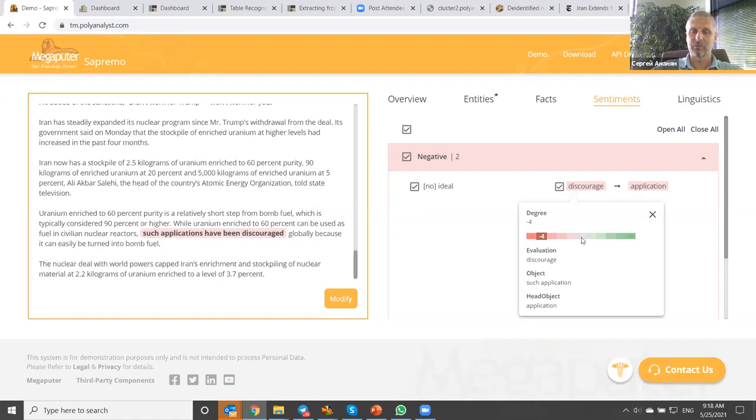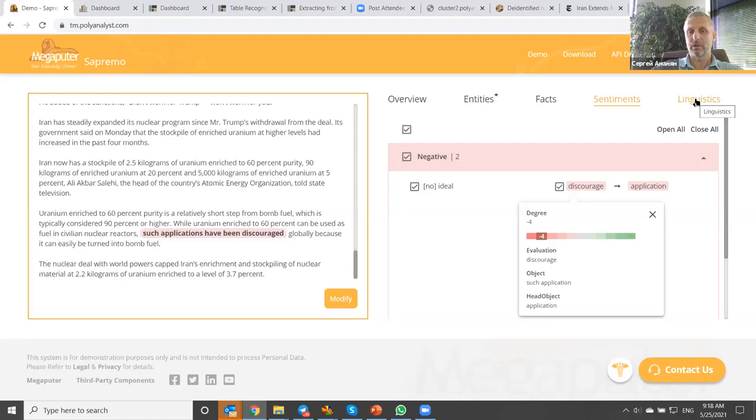You go from -5 to +5 in evaluation. And we are parsing individual elements of sentiment. So we grab what is the object, the such application, and the evaluation is discouraged, and we determine the degree.